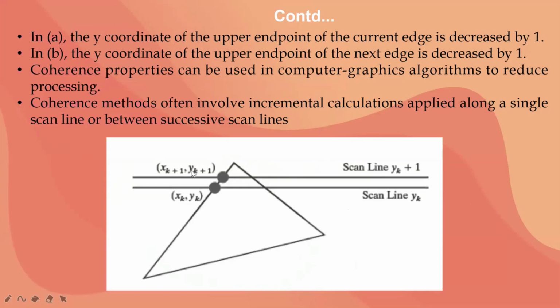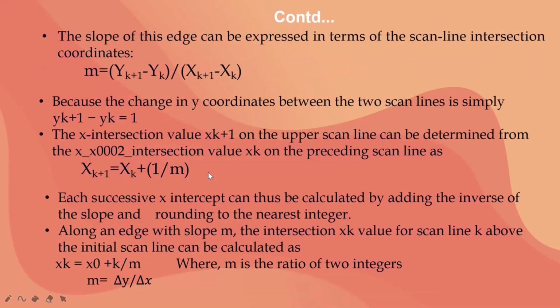Here I'm going to apply the coherence property, where in this triangle I have two vertex points. I have just considered them, and as it is hitting the y axis, my scan line will be y. Let's consider this vertex point as xk comma yk. So incrementally, the upper one will be xk plus 1 comma yk plus 1. In this way, if I consider my scan line, the name will be scan line yk, because yk is present here. And if I consider this line, then it will be scan line yk plus 1. So here I have to apply the coherence property. Here only I have actually started with a scan line.